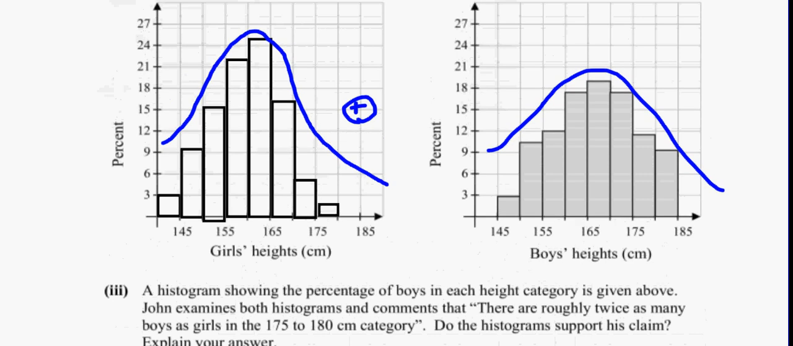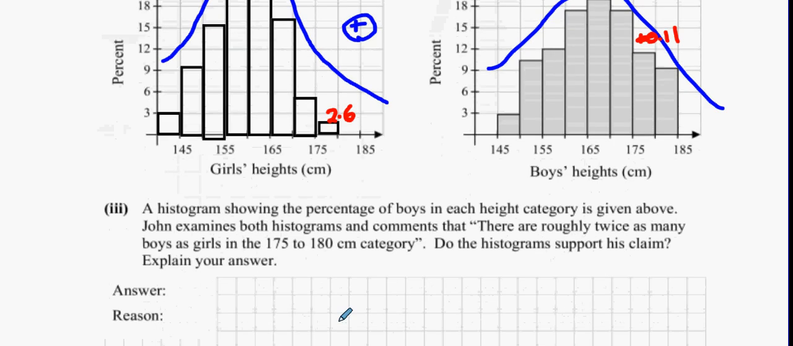So, 175 to 180 is what, 2.6? And what is it in the boys? It's like 10 points? 11. Yeah, it's about 11%. I'd say, no, 11% of the boys. So, no, is the answer. Boys are at roughly 11%,